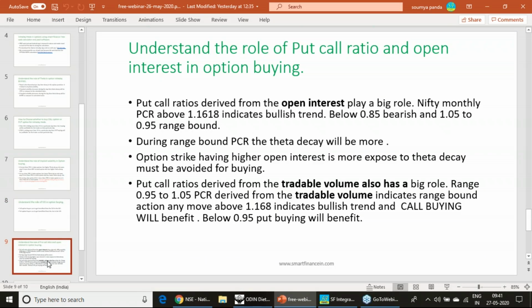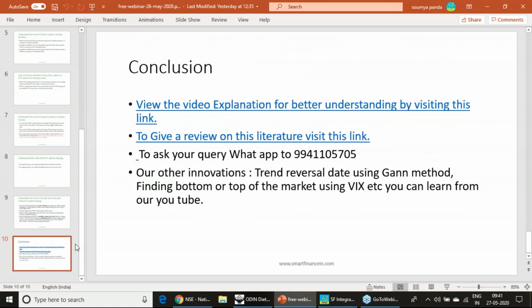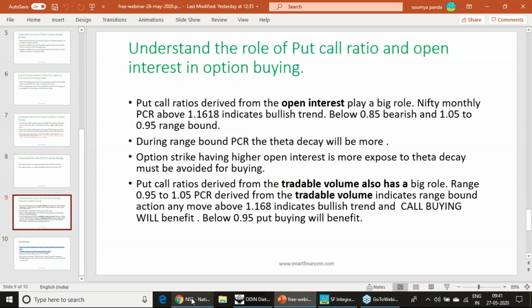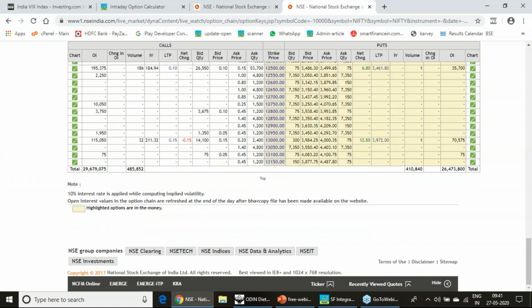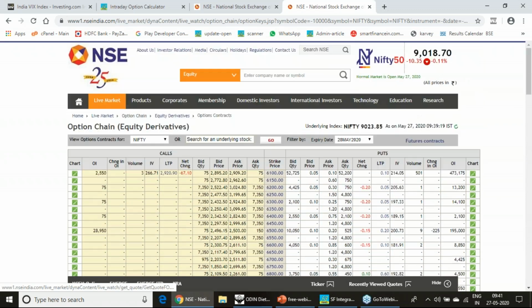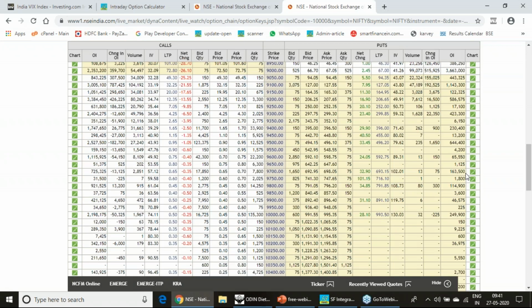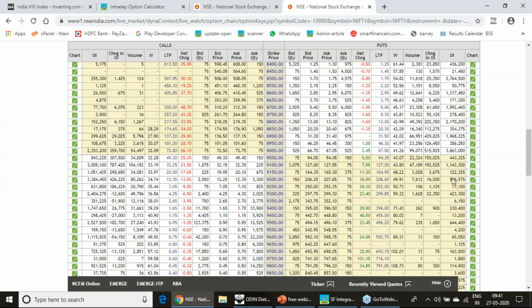Open interest part we will discuss here. So let us discuss a little about open interest. Once we get this open interest, you find out how many open interest contracts there are. One buyer and one seller together contribute to one open interest. So open interest gives you a lot of clues.